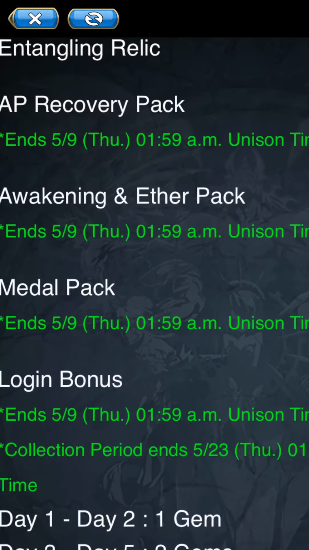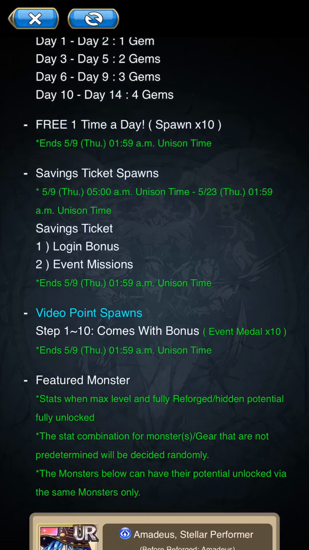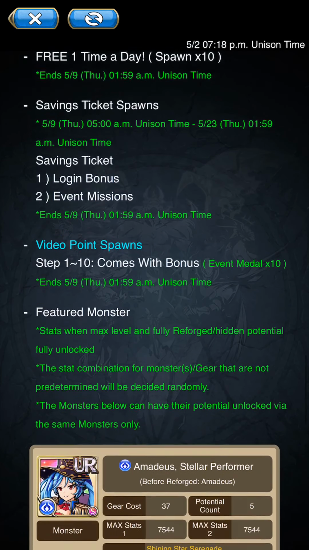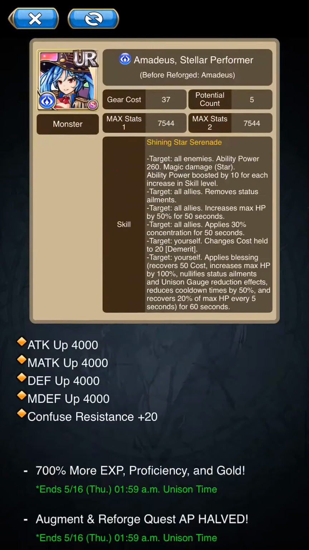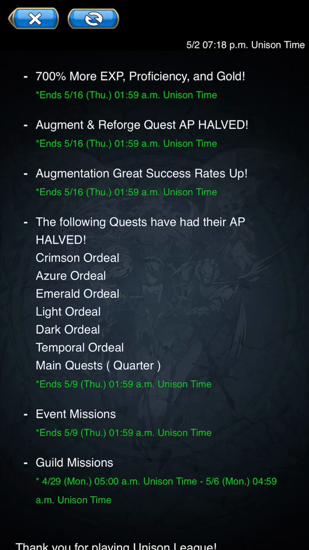So the AP recovery packs are back, the good ether packs are back, the metal packs are back, and they've got login bonuses still going on. They still got the free one-a-day spawn 10 going on as well, and they got the saving ticket spawns. It's going to still continue with what it's been doing. Still got the event medals going on, thanks to